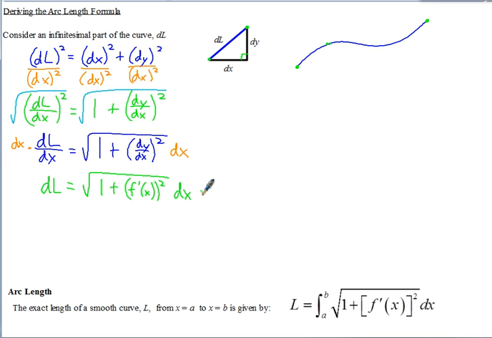And then to get back to L, now that we've got the variables separated, x on the right, L on the left, we can integrate both sides. Here we've just got a 1 in front of the dl, so that would integrate to just be L, which we're looking for. It would be the integral of the square root of 1 plus f prime of x, the derivative, squared,